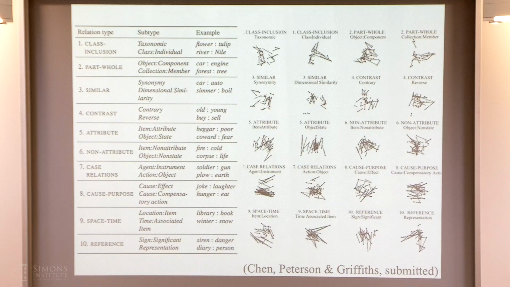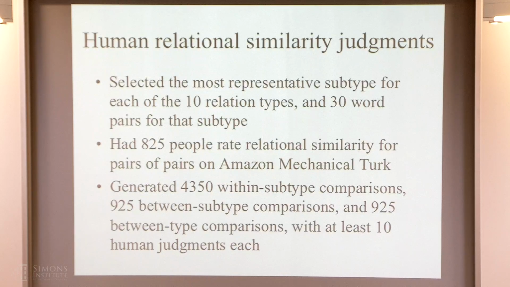So what we did was have people generate ratings for a whole bunch of these types. This original data set wasn't ideal because people had just produced things and then rated them for prototypicality. What we wanted was relational similarity judgments. So, and we're going to get a little meta for the rest of the talk, we generated a whole bunch of pairs and had people rate the similarity between those pairs of pairs. What they're doing is giving us a judgment of how similar the relation is that is expressed between those pairs.